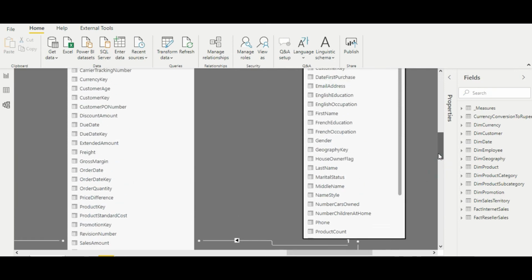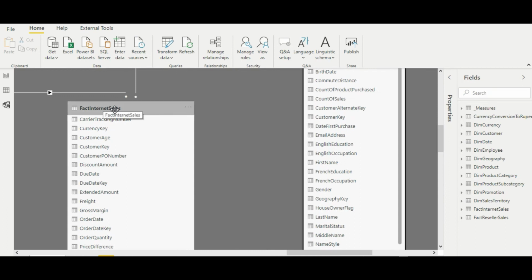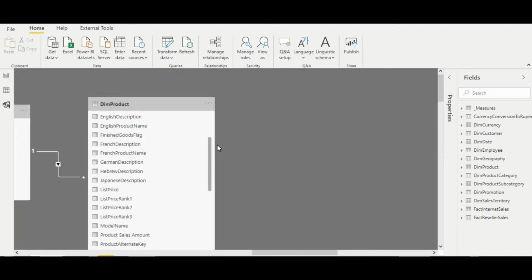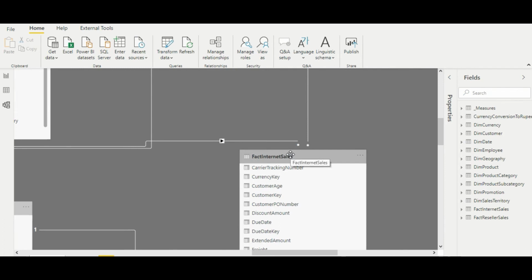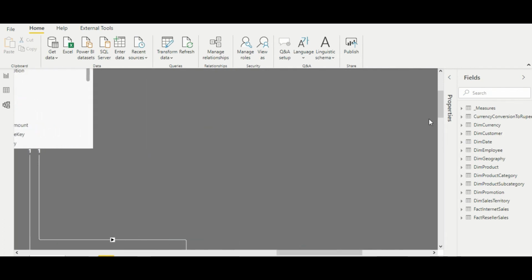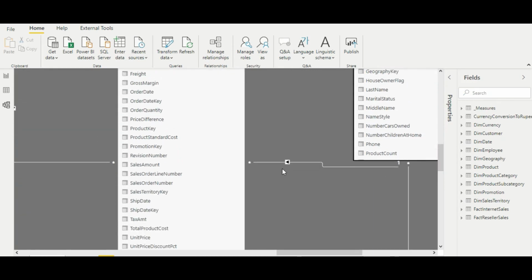So both the relationships are in opposite directions. Now the use case is, suppose I want to find the number of products bought by each customer. How can I find this?